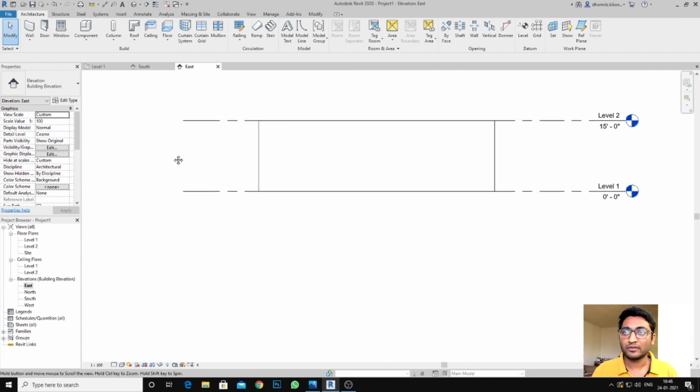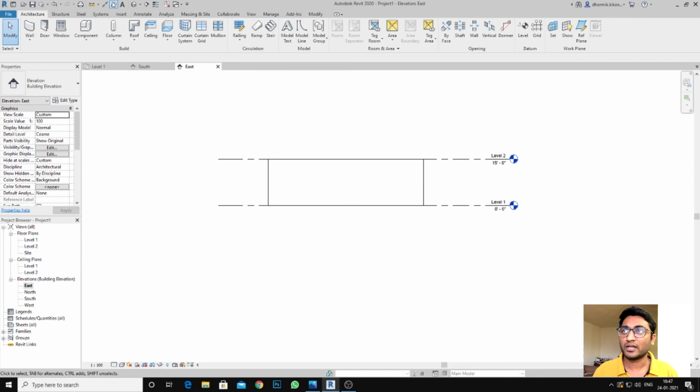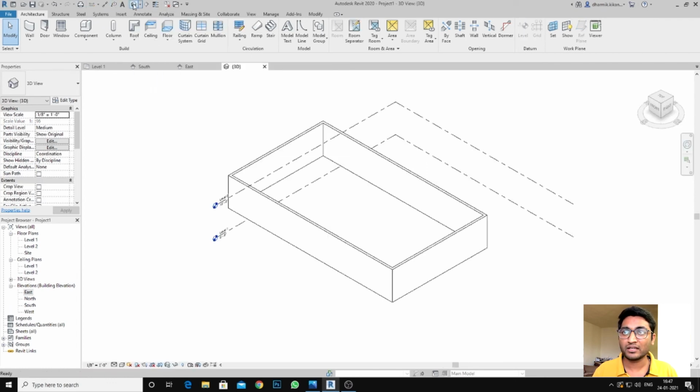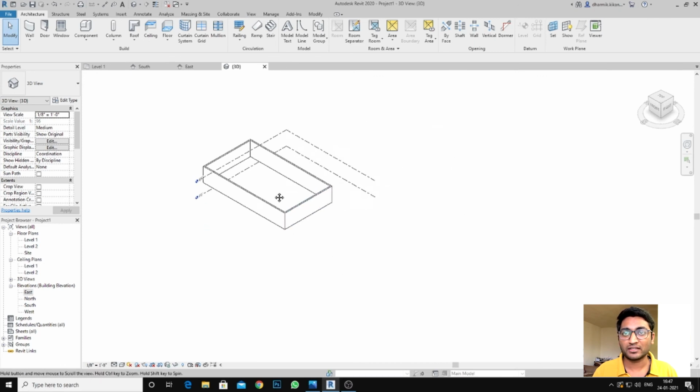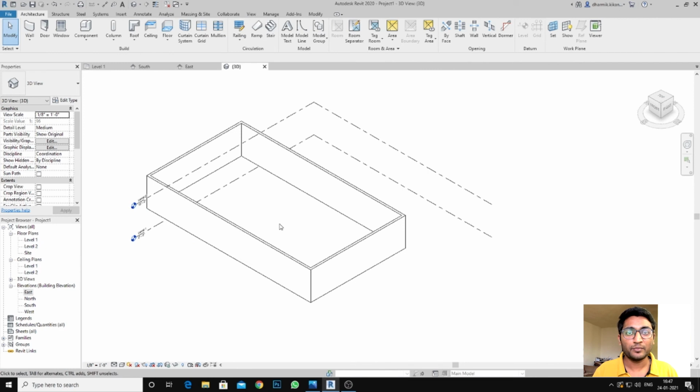So now I will show you how you can make the 3D, or see your object from a different angle. Now go to here. As you can see, there is one small house. Once you click on it, it shows you the top view but in a bird's eye angle. So you can easily see it from all directions.